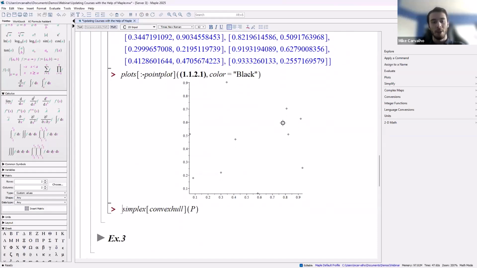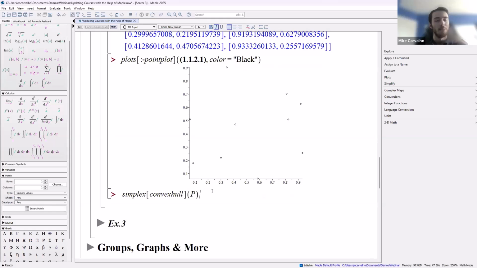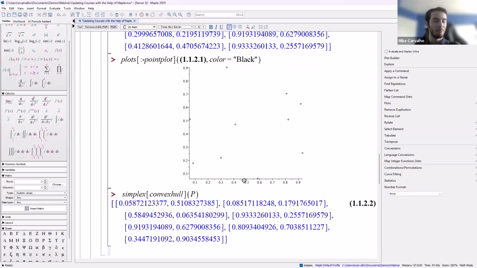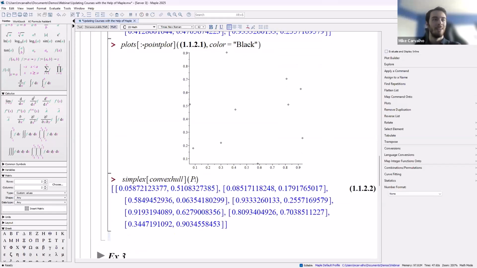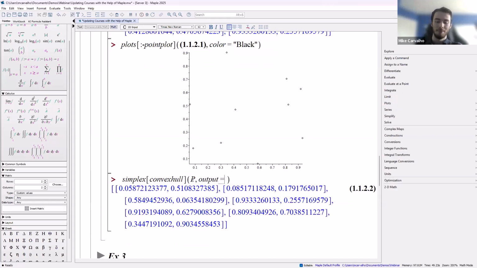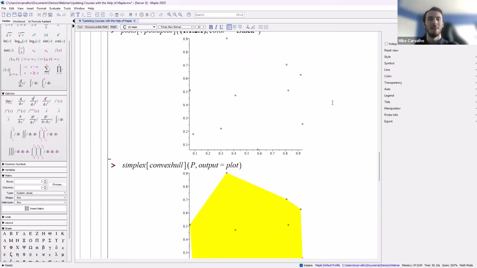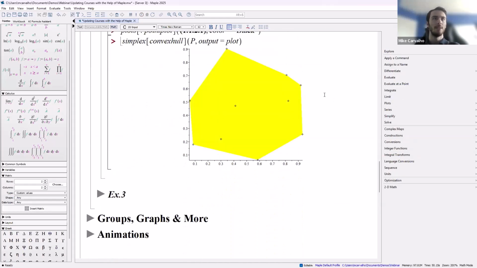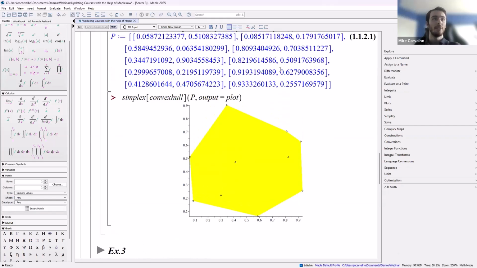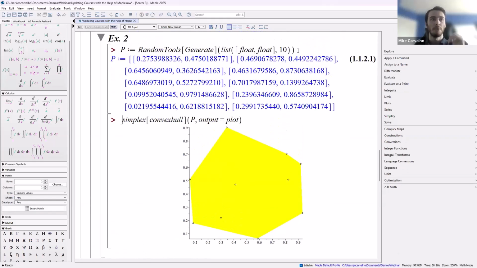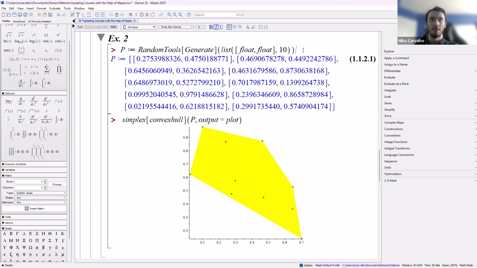Cool. But I want to show off the convex hull of this. Now, the convex hull is kind of like the bounding points that define the smallest perimeter around this data set. And Maple, of course, supports computing this. I can compute it, but what does it look like? A lot of commands have a secret option, output equals plot. And I say secret, but it's not secret at all. It's documented really nicely. I'm going to delete this plot because we don't actually need it anymore. And just like that, very quickly, I can both compute something and visualize it instantly.